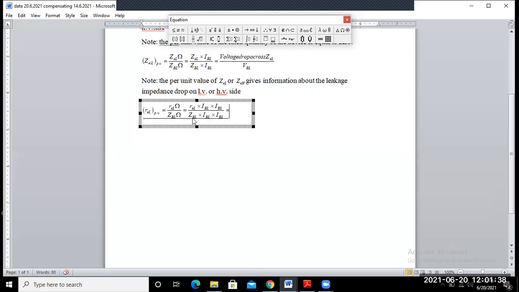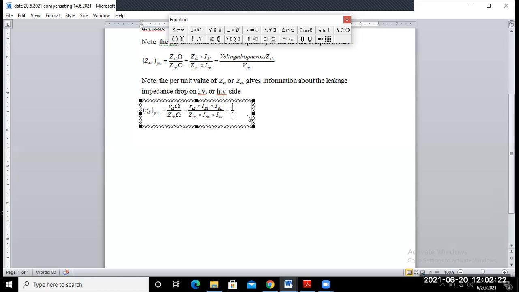So this one is again the base voltage of the low voltage side multiplied by the base current of the low voltage side. So this one we can write here as rated volt ampere. Okay. So in the numerator part we can write I square BL into R_EL. So I square BL into R_EL is equal to the ohmic losses along the low voltage side. Okay.